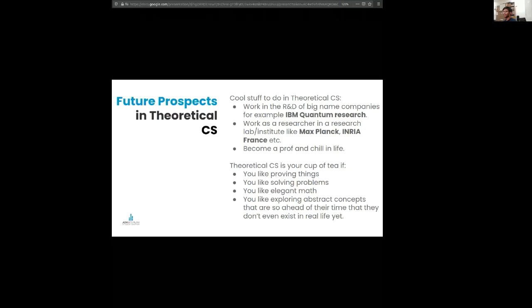So theoretical CS is an amazingly fun field. You work with the fundamentals that drive technology around the world. You prove results that have an impact in so many interdisciplinary fields at once. For example, computational biology uses dynamic programming algorithms to measure genome similarity. I mean, bio and CS coming together. So a lot of these fields do come together, and it's an amazing feeling to contribute at such a fundamental level.